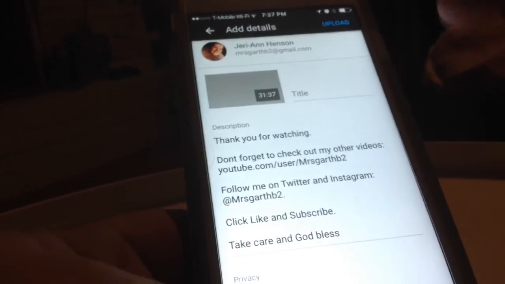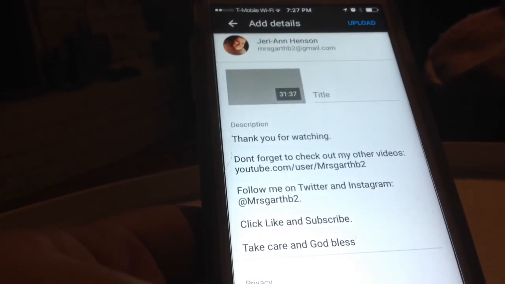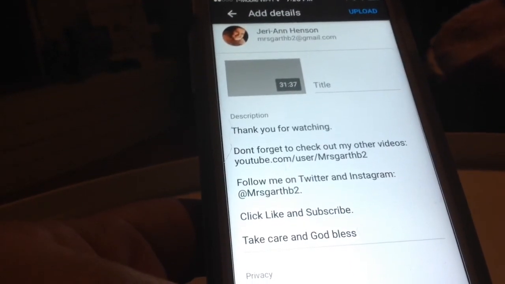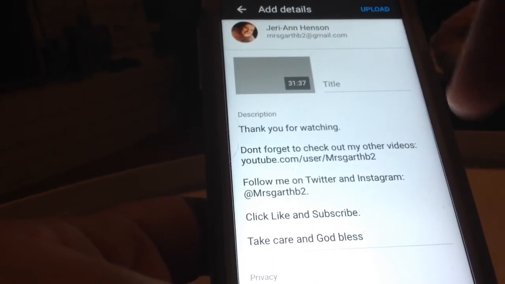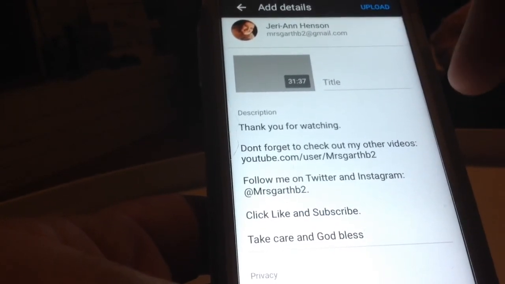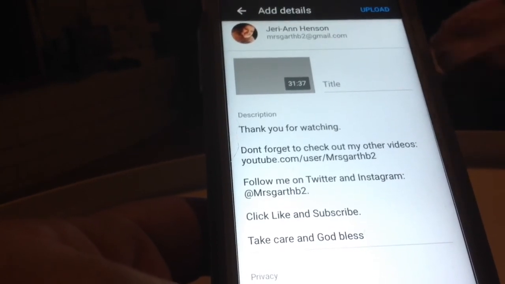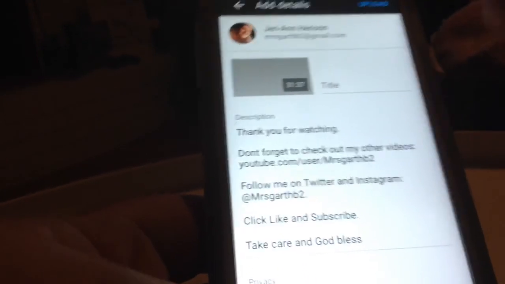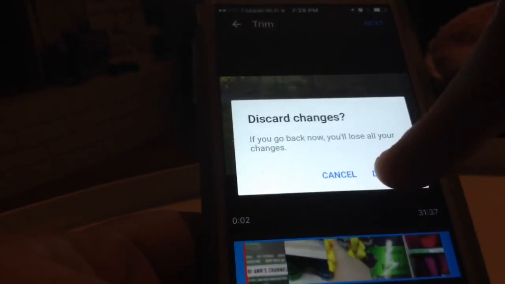Now when I upload from my phone, depending on the size of the video and your home network, or wherever you're uploading it from, that can determine how long it takes to upload. Now, what I found out is if your phone falls asleep while you're uploading, you're probably going to have an upload error, and it's going to make you upload it all over again. So I make sure that I keep my phone by me, and